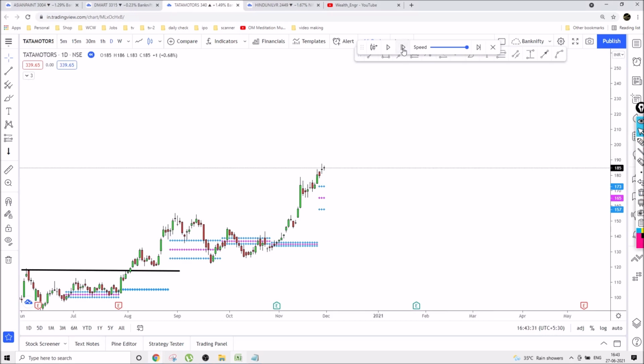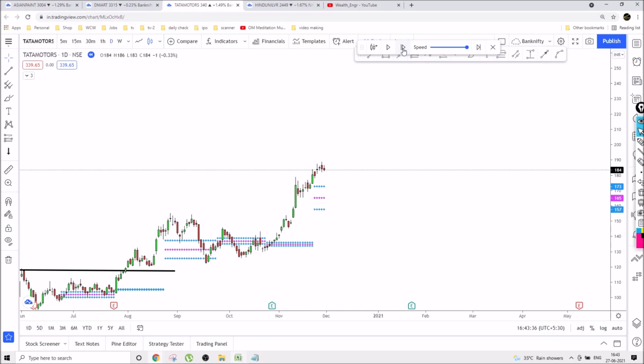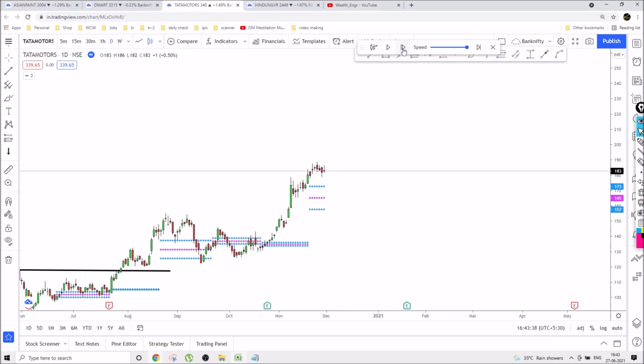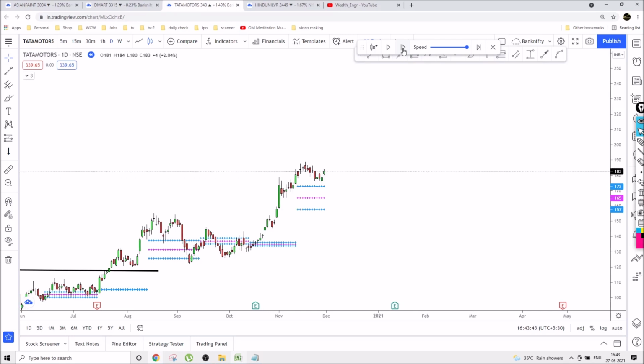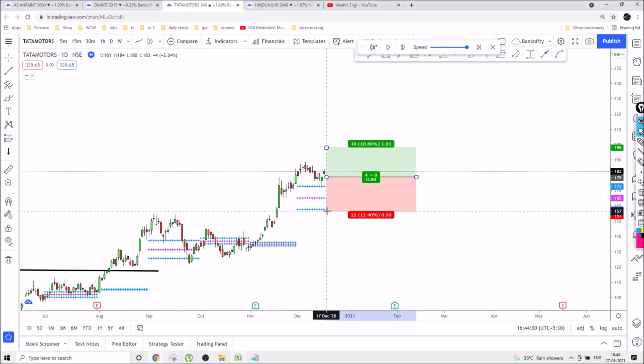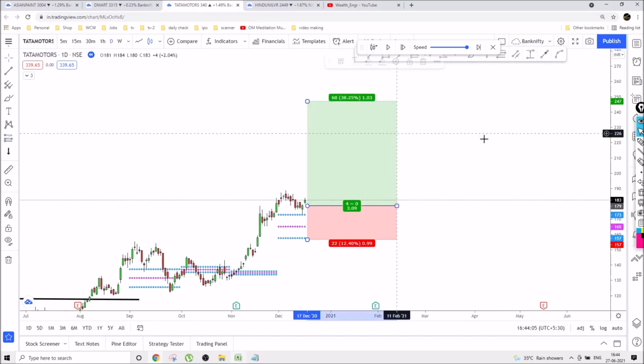One doji kind of candle, you don't have any strength, and then bearish candle, bearish candle, bearish candle, doji candle, bearish candle. One green candle, but still it is not in strength. Now one bullish candle. You find one bullish candle here, go long. Keep the stop loss here. So what is the risk you have? Let me keep this risk to reward, go long, keep the stop loss here. Your risk is 12%.